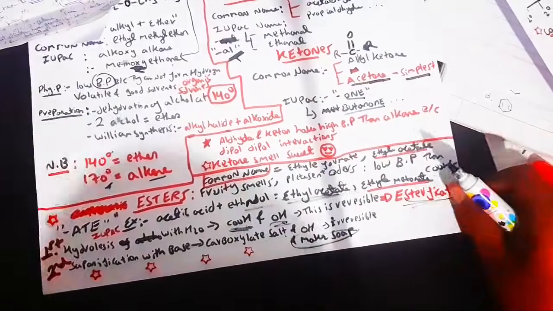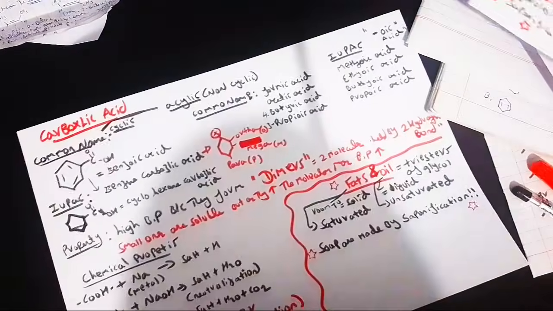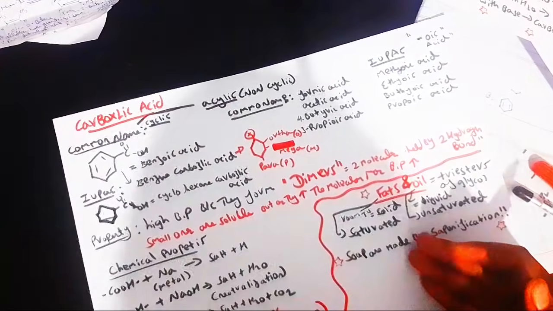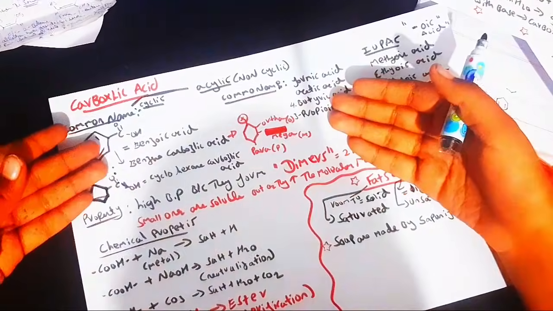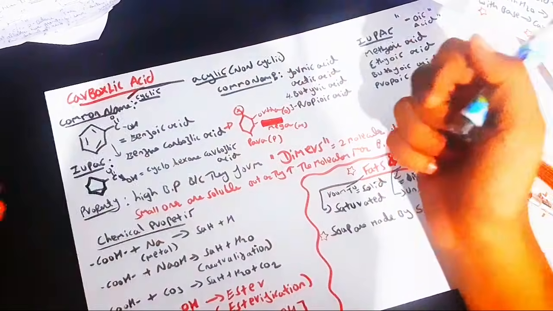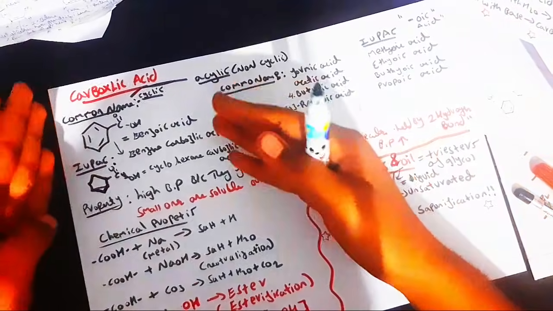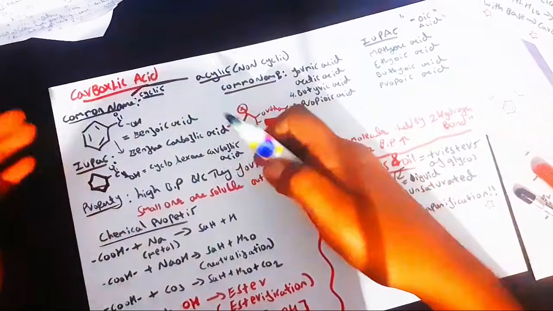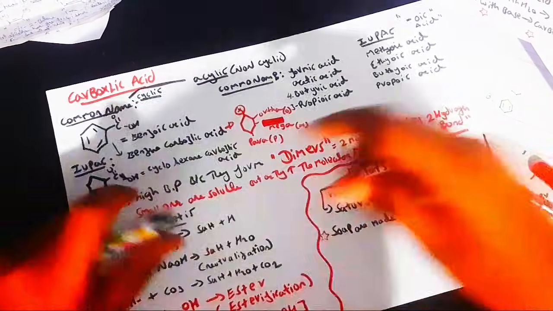So let's move on to our last functional group, which is carboxylic acid. Carboxylic acids are classified into two: the cyclic one and the acyclic one, which is non-cyclic. The common names for both of them are different. For the cyclic ones,